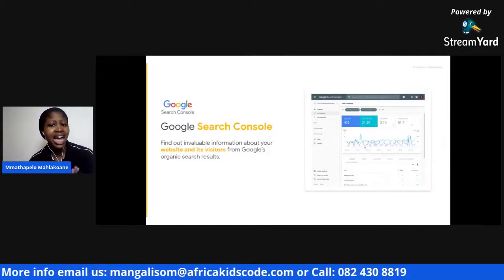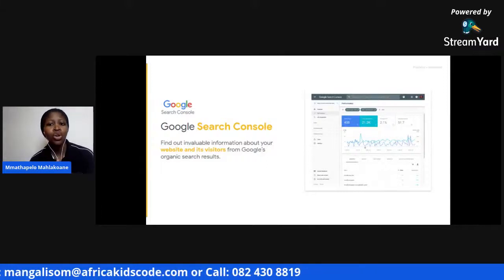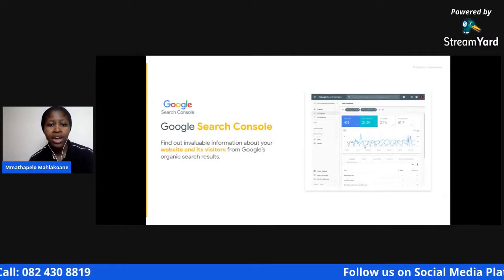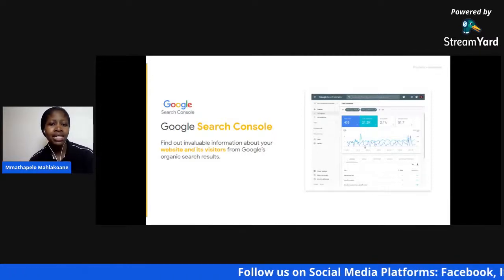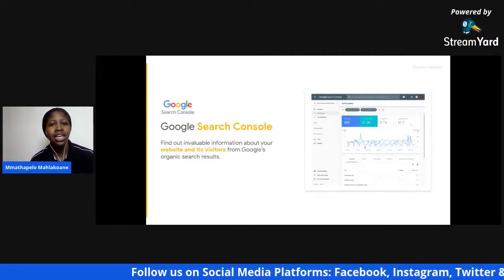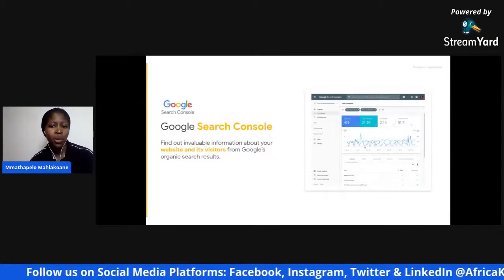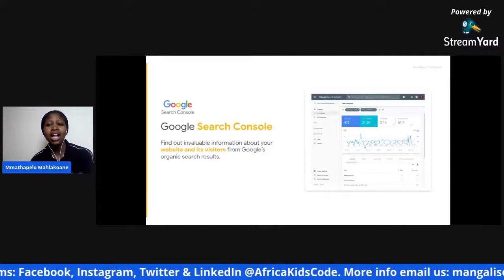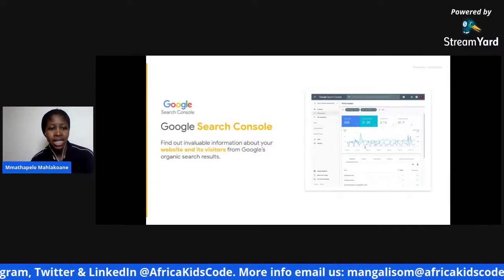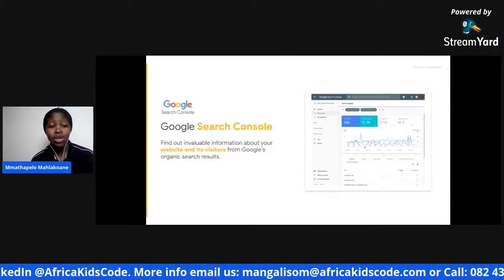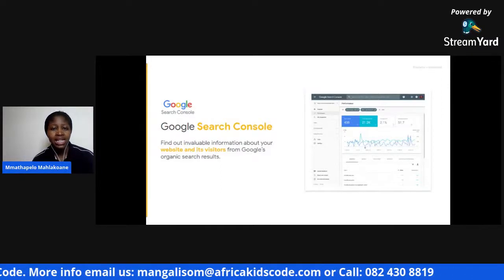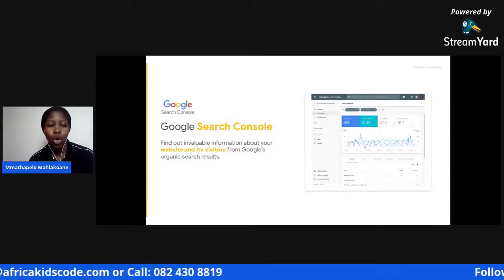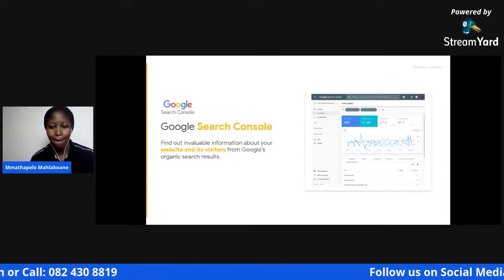Review your index coverage to make sure that Google has the freshest view of your site. You can also receive email alerts when Google identifies issues on your site, see which URLs are affected by these issues, and tell Google when you fixed them. So that is the benefit of using Google Search Console for your business.